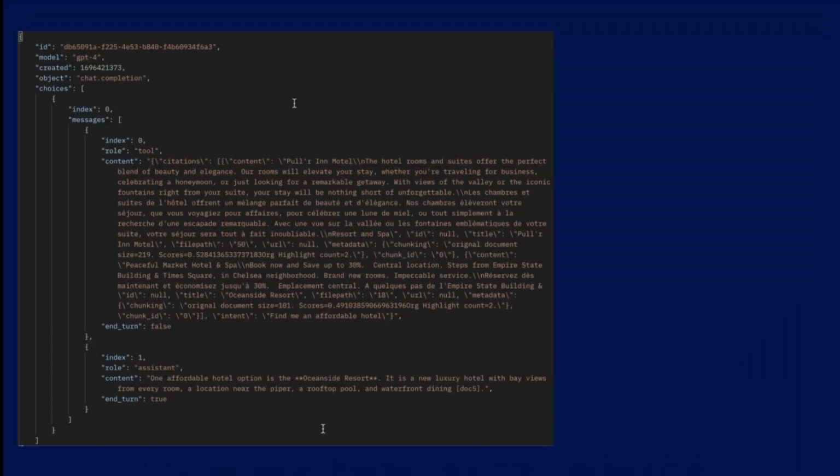And this is how the response from the endpoint looks. The actual response from the assistant is in here, role assistant, content. But you also have this other role, tool, with another content that is actually a chunk of JSON.